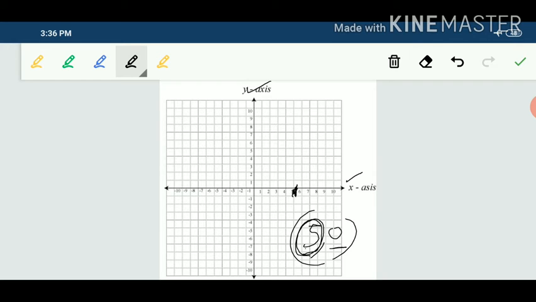Second is the 0. The value of y is 0. Where is the value of y equal to 0? Yes, on the x-axis the value of y is 0. So where is this point lying? This point is lying here. You can give it the name A, then in brackets write its coordinates (5, 0). This is the way to show the coordinates in the Cartesian plane.